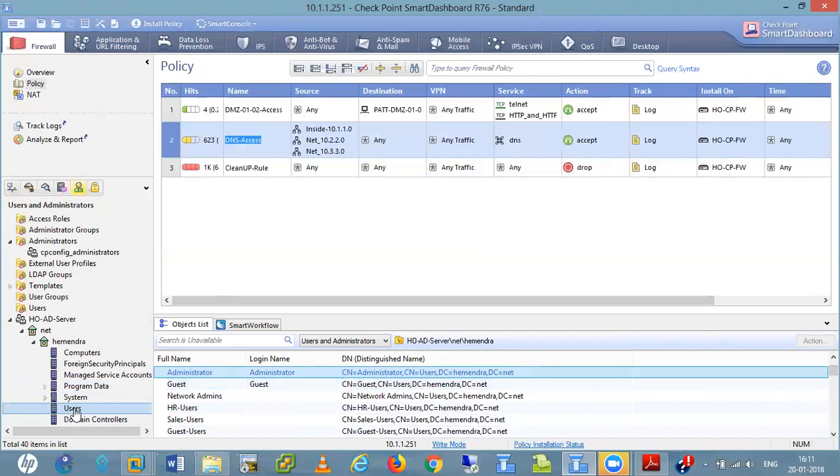Administrator comes under Users, and Users comes under my domain, which is Hemen, and this domain is from .net. So the whole name is administrator.users.hemen.net. Inside net I have Hemendra, inside Hemendra I have Users, and inside Users I have an administrator user. That's why I use this one. So these are my domain controllers, and these are my canonical names. CN equals canonical name, something like this.